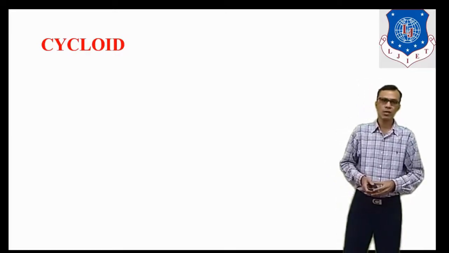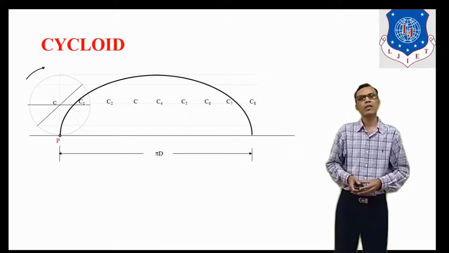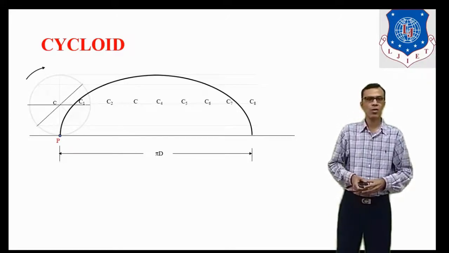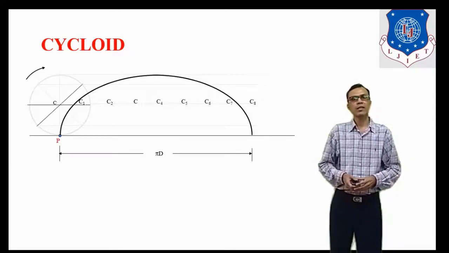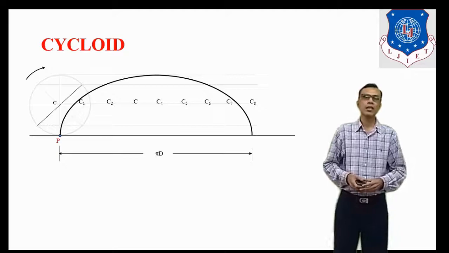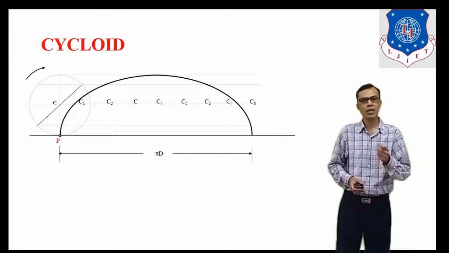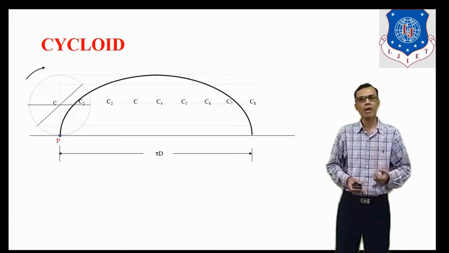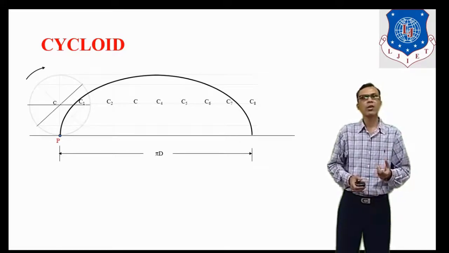The next type of curves are cycloidal, and in this category, the first type is the cycloid. If a rolling circle rolls on a straight surface for one complete rotation, then it will cover a distance equal to its circumference. And if we consider one point on the circumference of this rolling circle, then it will follow some particular path during one rotation. That path is known as a cycloid.